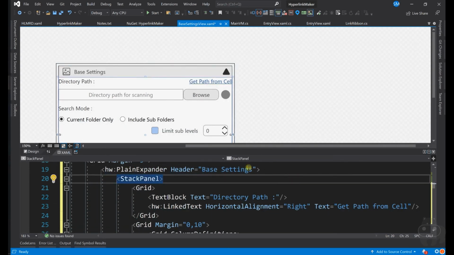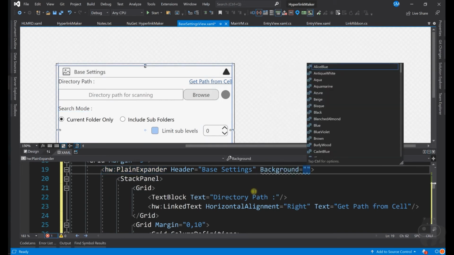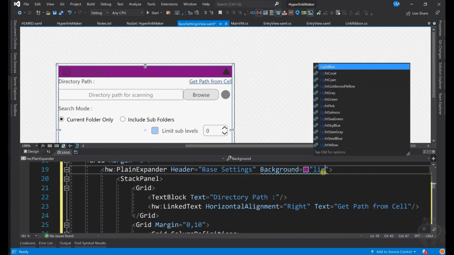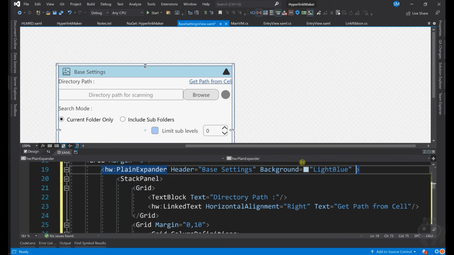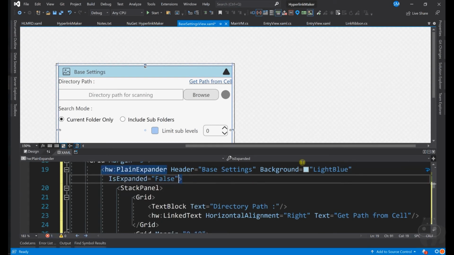Plain expander comes with so many features. We can set up colors, we can set up the background. Let's say background is equal to purple. We'll stick with something light blue. That looks nice. Is expanded is false.